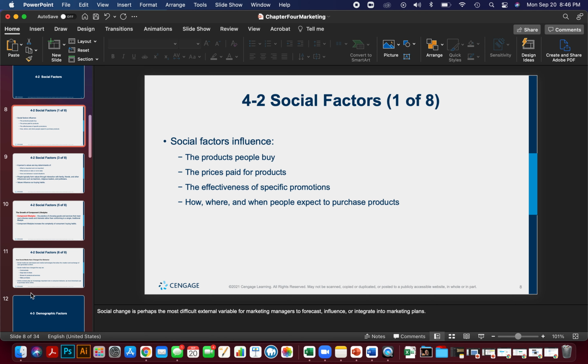Think about your friends and family. They affect your purchases of products. I grew up in a Ford family. I already had a very distinct acceptance of Ford automobiles as opposed to another brand. It's kind of funny how my family had an effect on my future purchases before I was even driving age. And a lot of times friends also have such an influence, because friends can influence exactly what type of products that you buy.